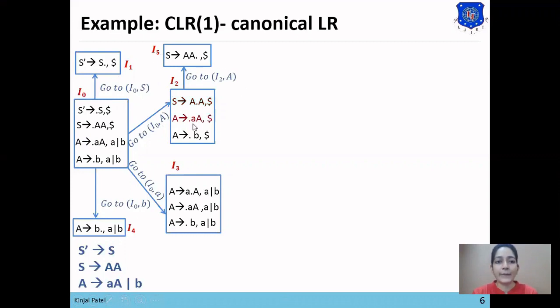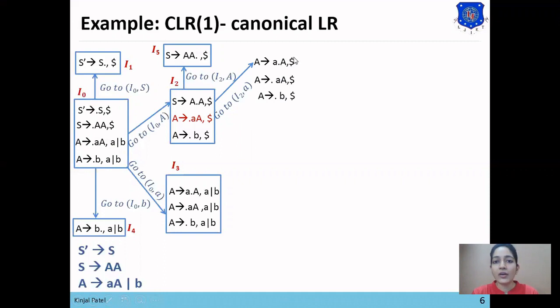Now we'll apply the goto rule on the second statement on the symbol A, which is next to the dot. So goto(I2, A) will be A derives A dot A comma dollar. Now here the dot is present at the beginning of non-terminal A, so we'll add the productions of A: A derives dot A and A derives dot B. Between A and comma there is no term, that means beta is null.